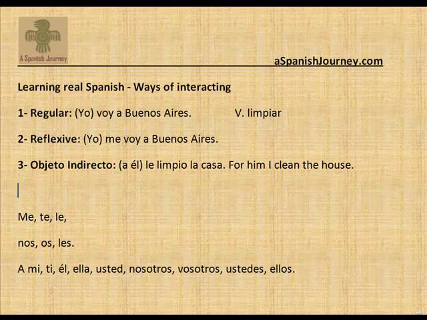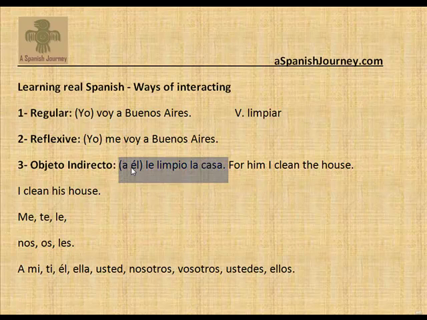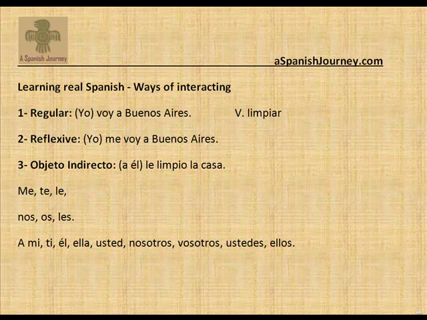But if I also want to say "I clean his house," I would be saying exactly the same sentence: a él le limpio la casa. And this is something really important that in real Spanish happens a lot. Okay, people talk like this. They imply the possession, or they imply that for him